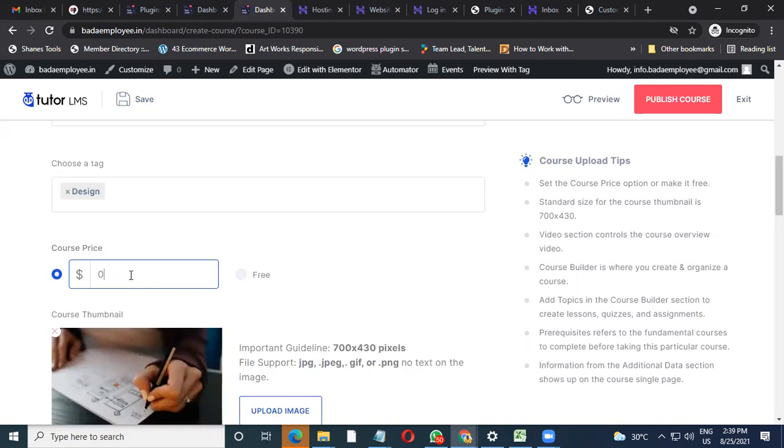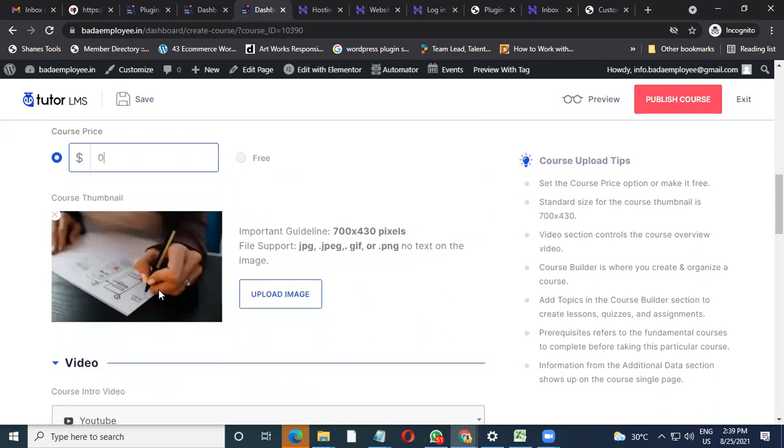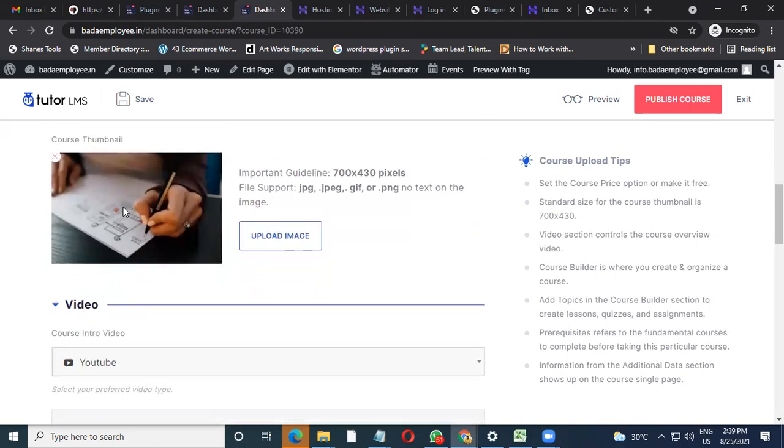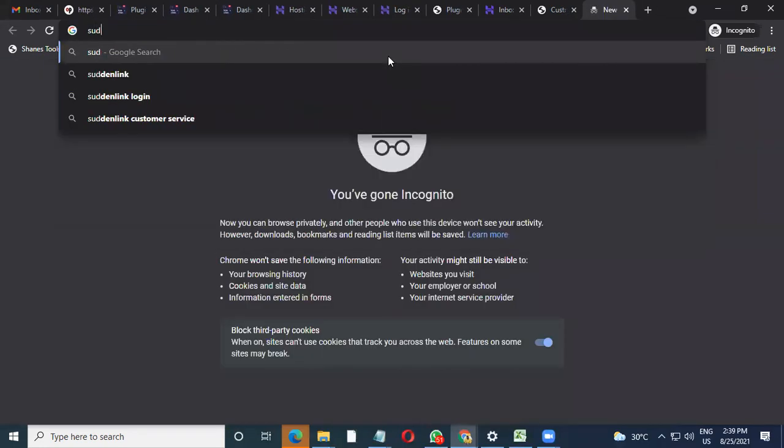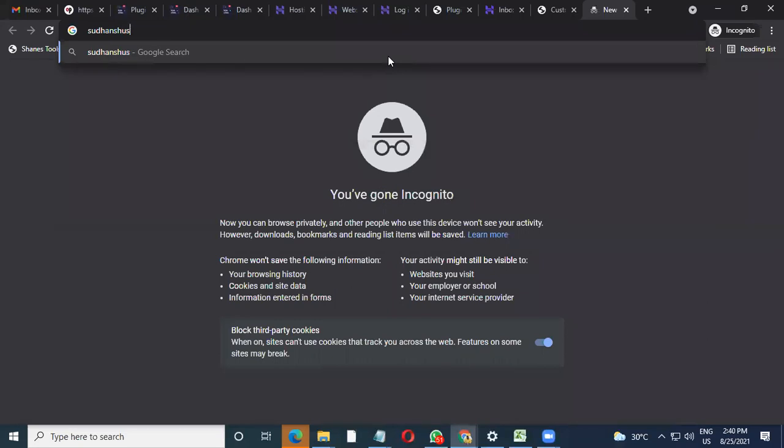Price, you need to work on again in a second setting. If you have Instamojo, I'll integrate your Instamojo into the site so that the currency symbol can be changed and you can put up the price you want. You can keep it either a paid course or a free course. This is the thumbnail of your course. I would suggest keeping this very similar to a YouTube thumbnail. I'll show you a couple of clients who have done it.